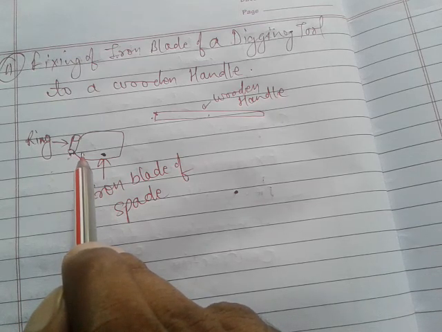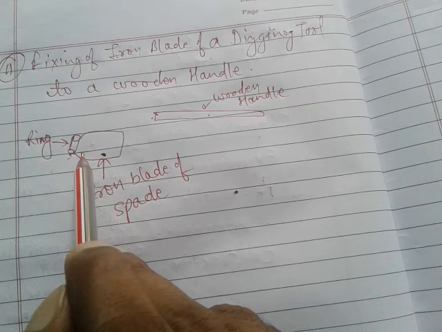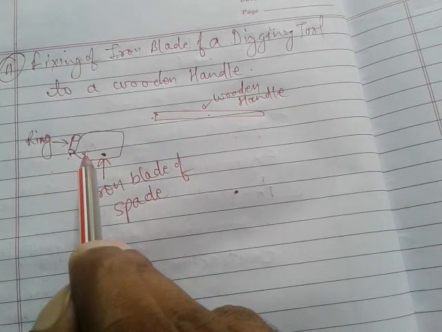And due to the cooling, the hot ring of the spade blade contracts, and it easily fits on the wooden handle,